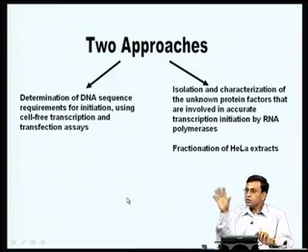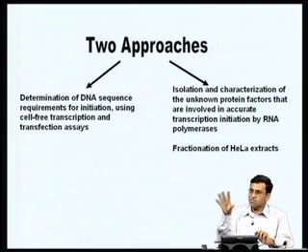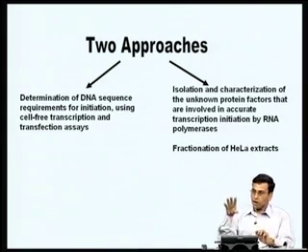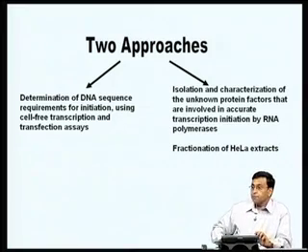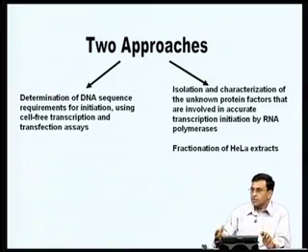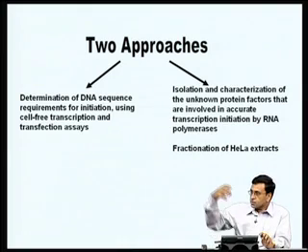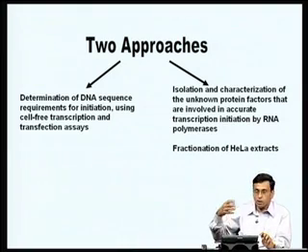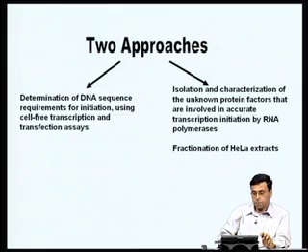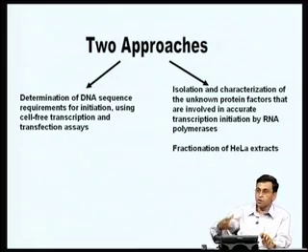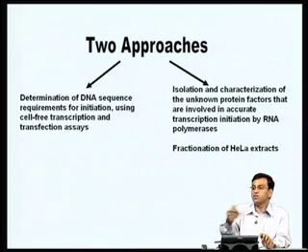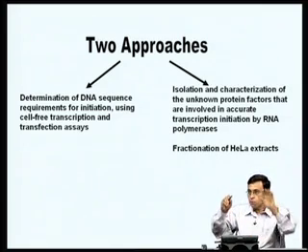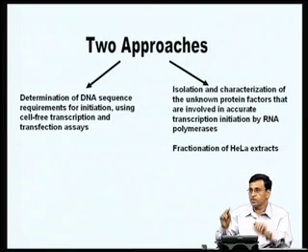Now, historically, around the late 1960s, people began to purify RNA polymerases from various eukaryotic cells, and they started understanding that these RNA polymerases are much more complex and are multi-subunit enzymes. As one group started purifying these RNA polymerases and tried to isolate and characterize the subunits, there was also another group which started looking at the sequences to which these RNA polymerases bind and activate gene regulation. So, 2 distinct approaches were simultaneously being followed to understand gene regulation in eukaryotes.